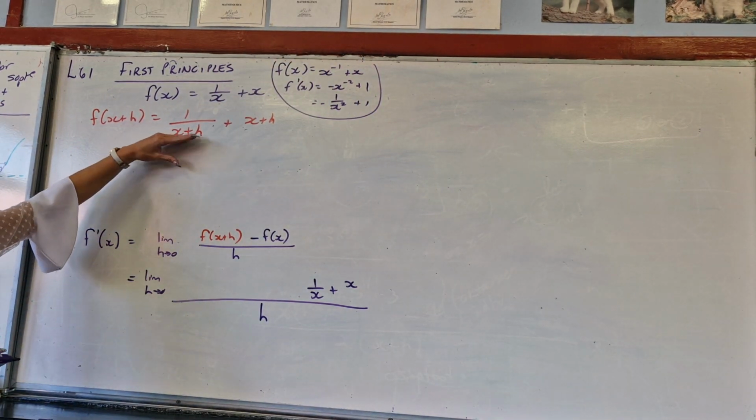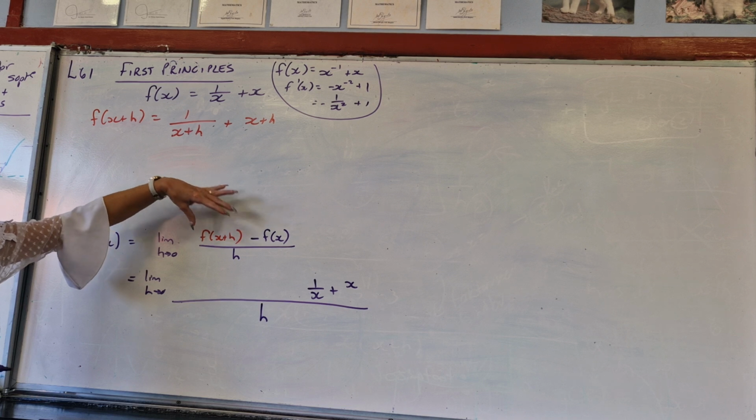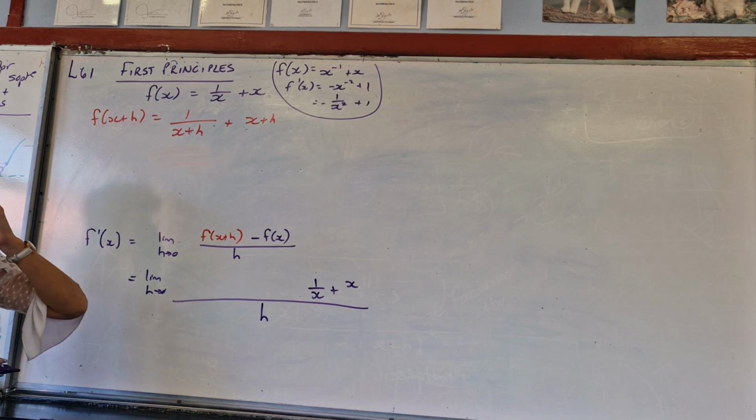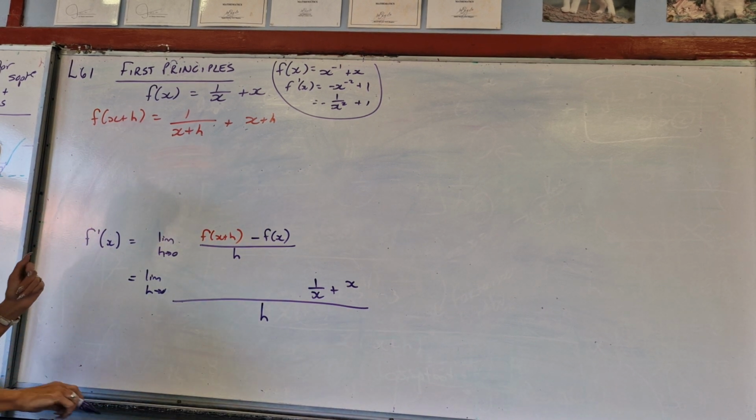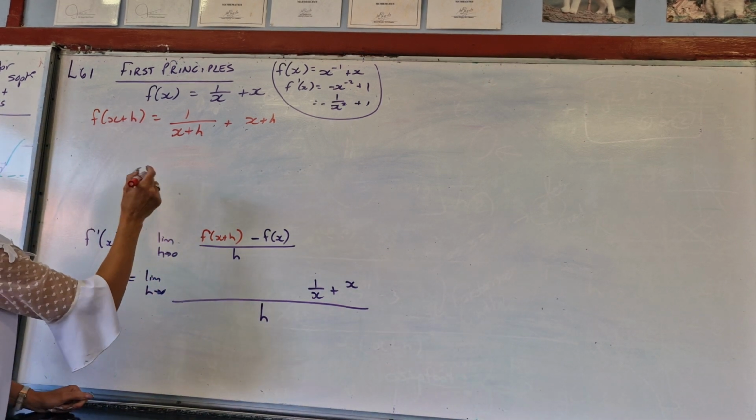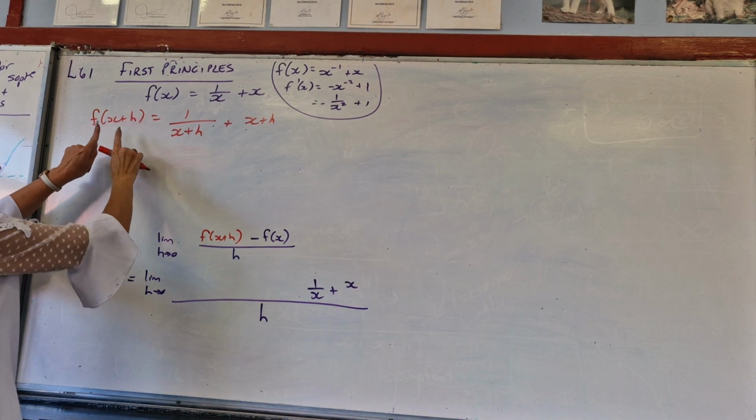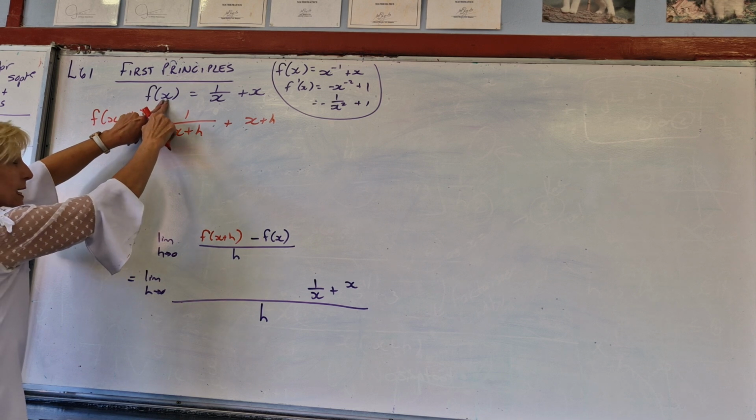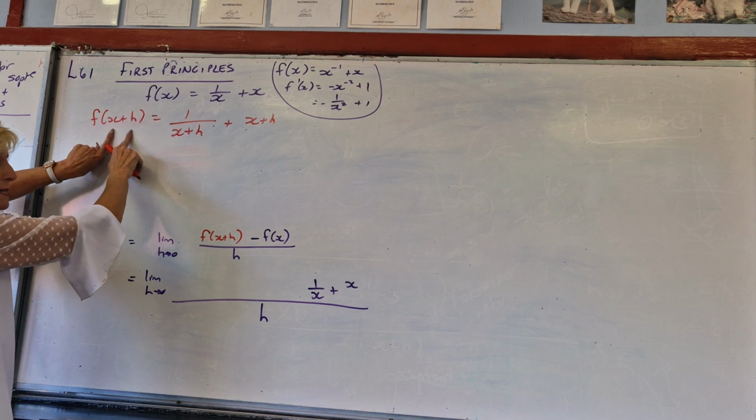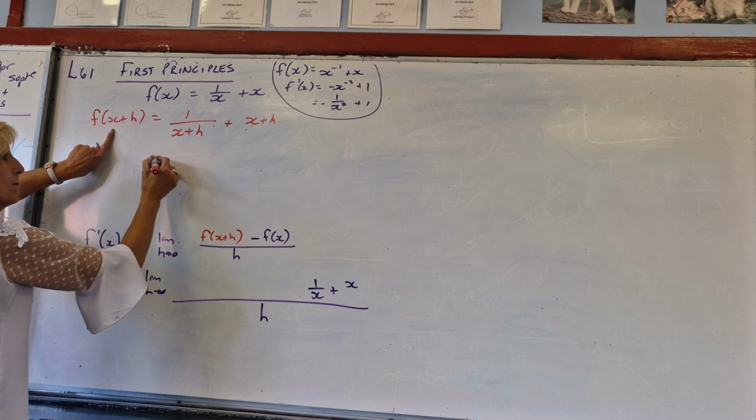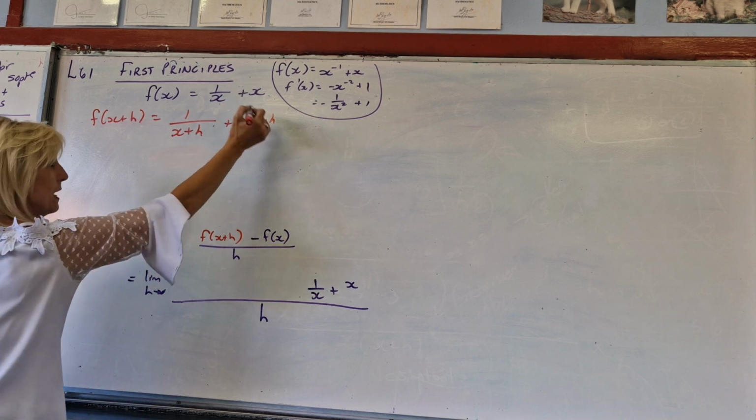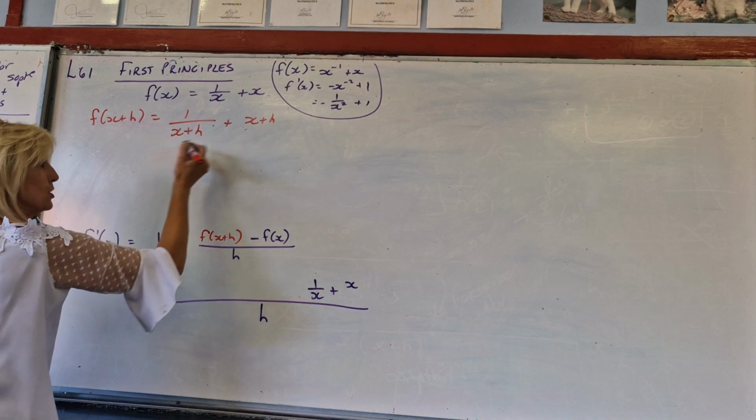First thing I taught you is to go do this f(x plus h) thing at the top. Didn't matter what you do, this was just terrible. So if I did the f(x plus h) part, what does it mean? Every x must be substituted for the x plus h. So we've got this 1 over x plus h, and this is just x plus h. So we've got